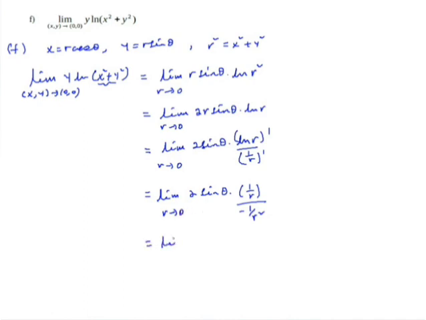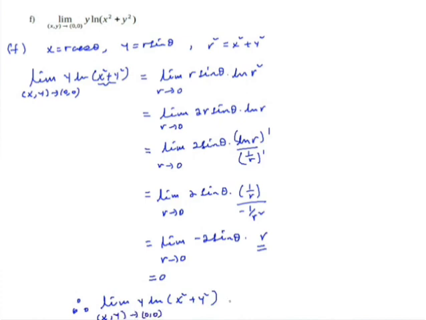So ይሄንን እንደዚህ አድርገን እንጽፋለን ማለት ነው። The limit of negative 2 sin theta times r ይሆናል as r approaches to 0. ይሄ 0 ሆነ ማለት the whole result to 0 ይሆናል ማለት ነው። Therefore the limit is 0. The limit of y times ln of x square plus y square as x comma y approaches to the origin 0 ይሆናል ማለት ነው። ወደ h እንሄዳለን።